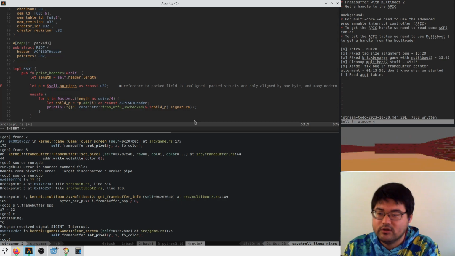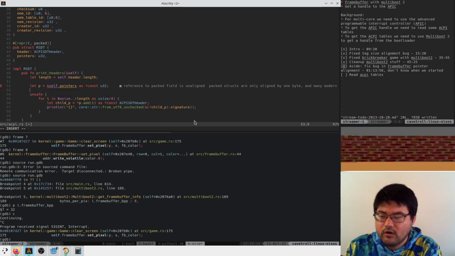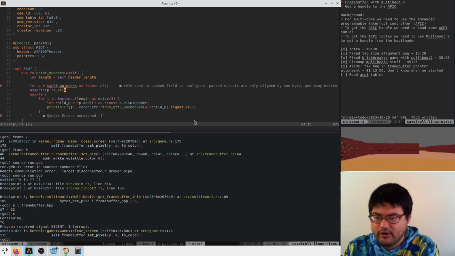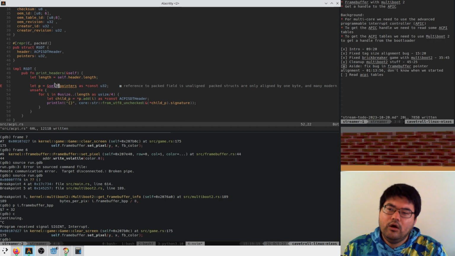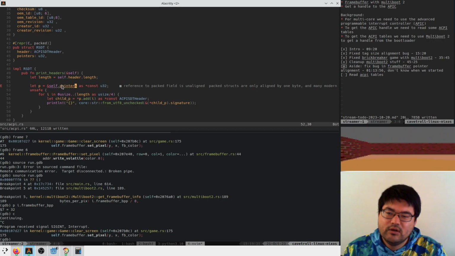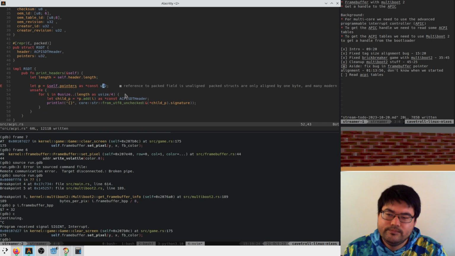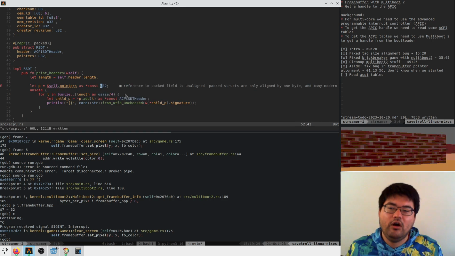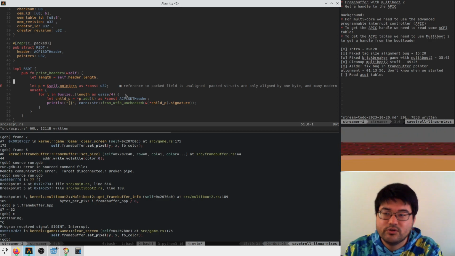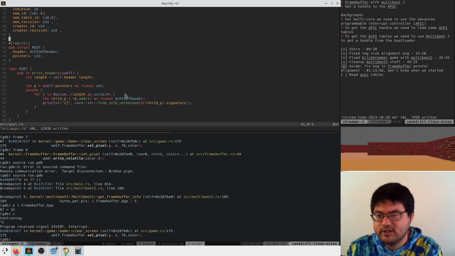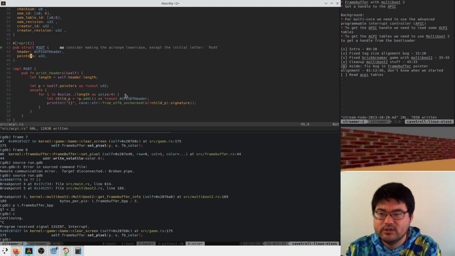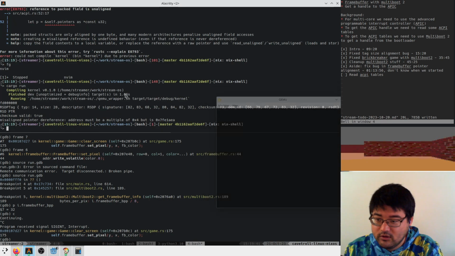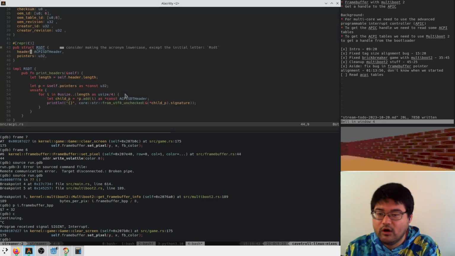How do I assert that this is aligned? Is there like an is aligned, or can I like? Oh, does it just not let me do this? If I say that this is a U8, fuck off. Packed structs are only aligned one byte, so I guess we'll write that this isn't packed, and just hope to God that this works. But it might not. There's a good chance it doesn't, so let's see. Misaligned pointer dereference, fuck off. Okay.